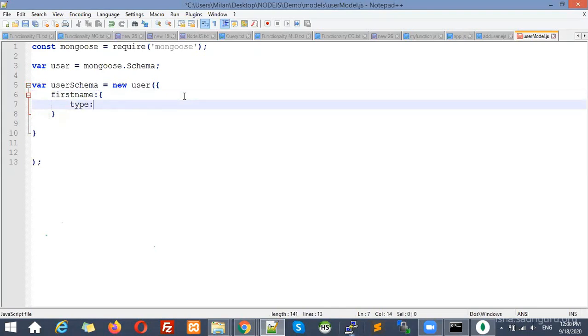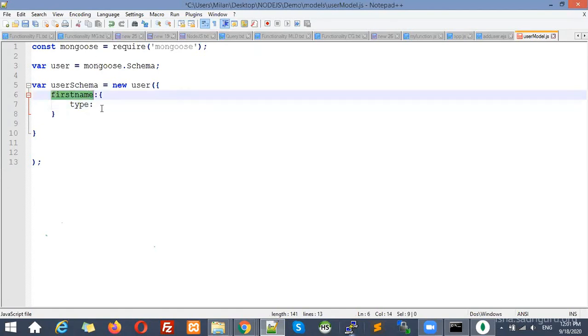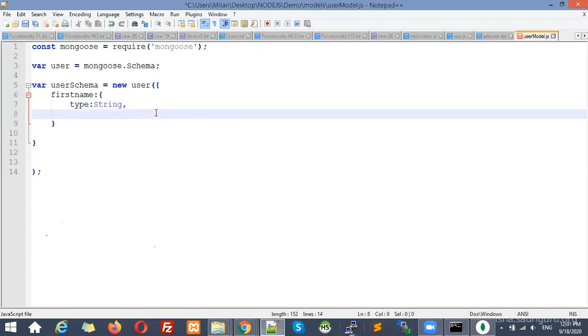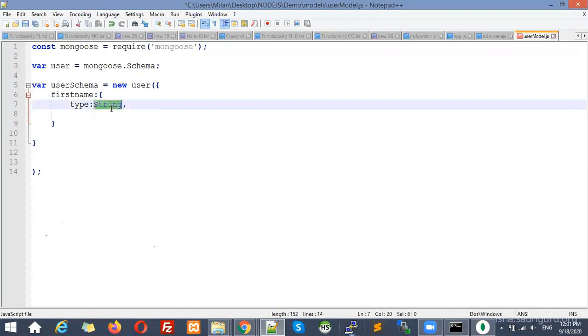What is the type of this one? Here you can see, if you are creating a MySQL database and generating a table, what you need is the field name and data type. So this is the field name, first name. What is the data type? String. You have to use the data types according to the database. MySQL has string data, and according to MongoDB, MongoDB has the data type String.